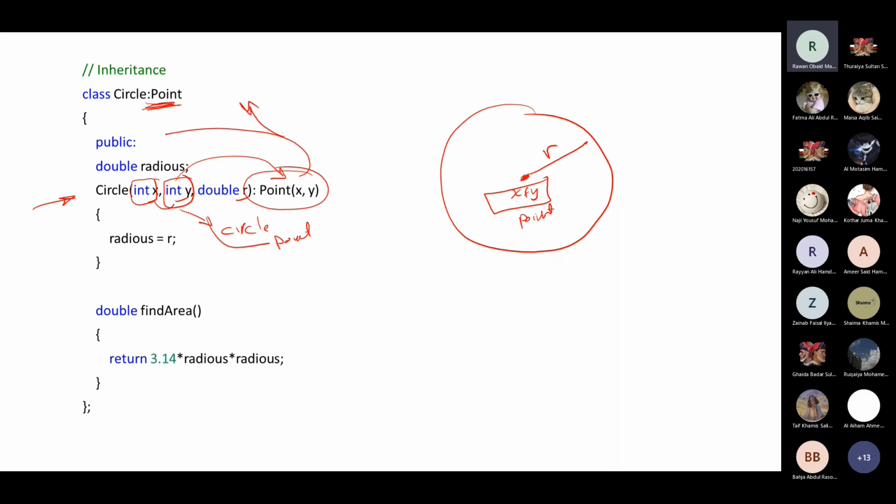So when you create a constructor for a subclass and pass the argument to the superclass, you have to pass them here like this, with a colon, and then you send the X and Y to the point, and the remaining is radius. Of course, I have here another